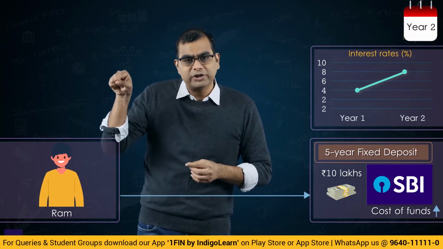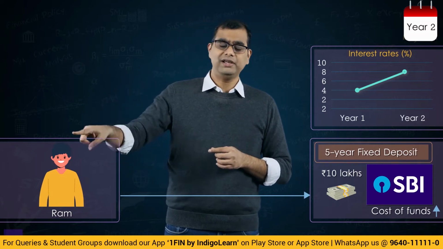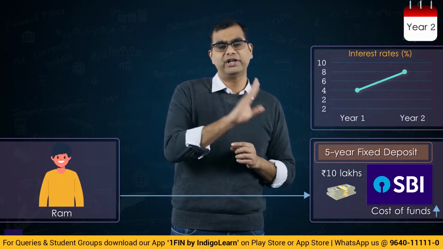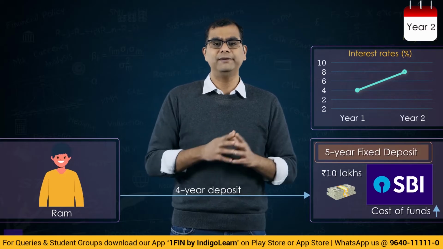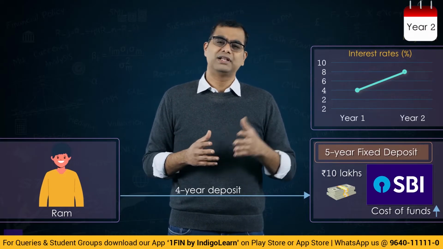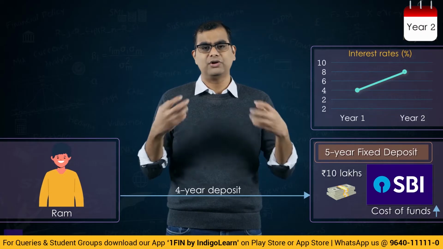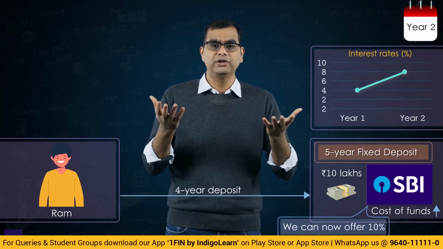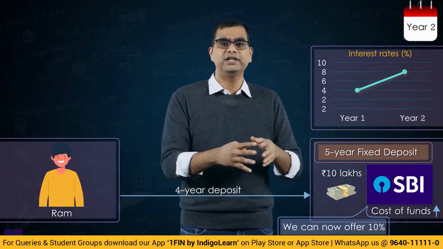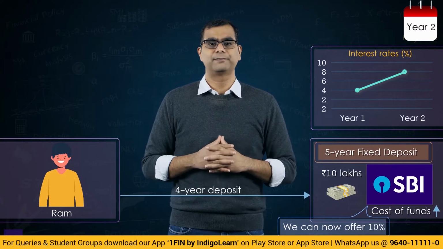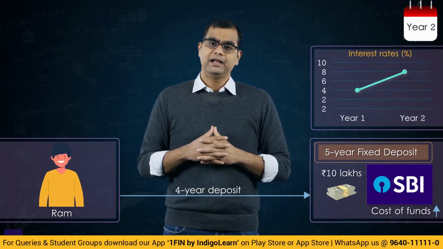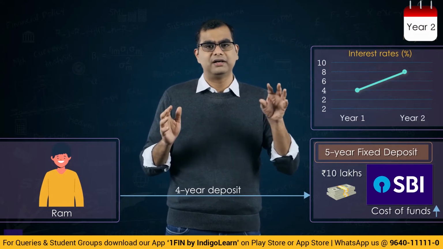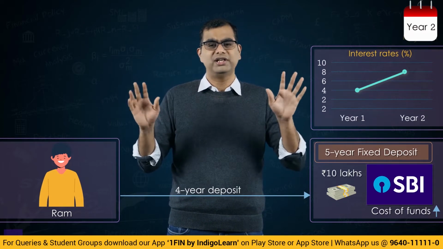So, if you were to put a deposit after 1 year, initially you put for 5 years. After 1 year, now if you put the same deposit for only the balance 4 years, SBI says, last year we were giving 5%, now interest rates have gone up in the market, now we are willing to offer 10%. SBI says, boss, I am willing to give you 10%, please put another 10 lakhs for 4 years, for 4 years itself we will give you 10% interest rate. That is brilliant, right? So, you will decide whether to put or not, that's a different thing. Whether to place an FD after 1 year, you will take a decision if you have money.